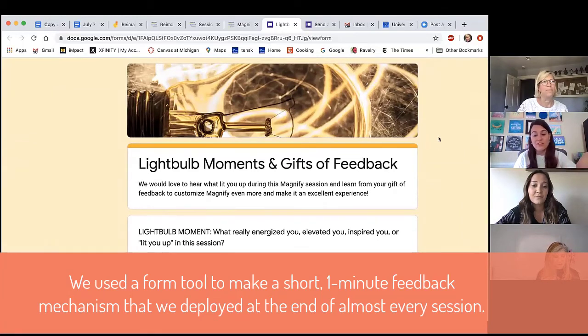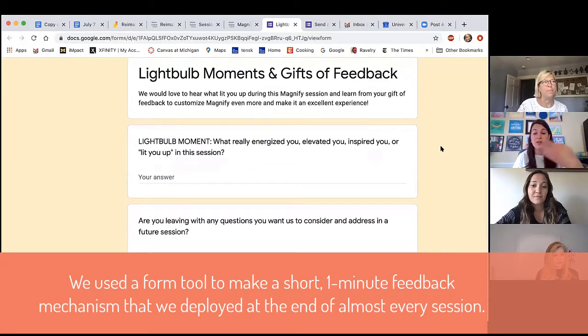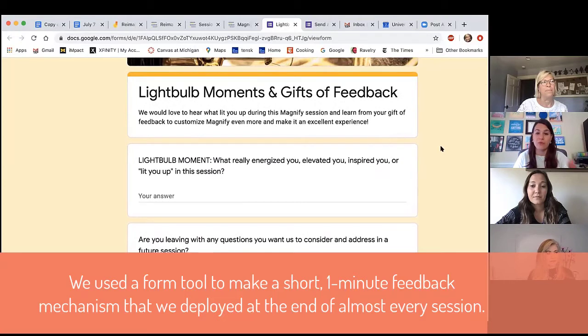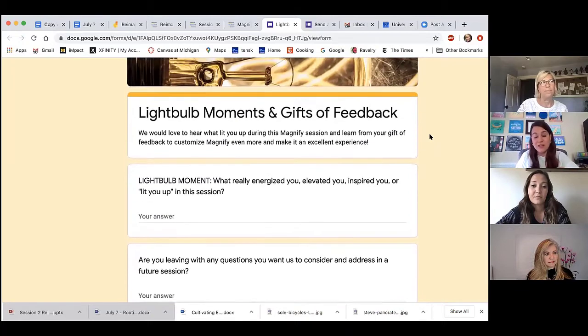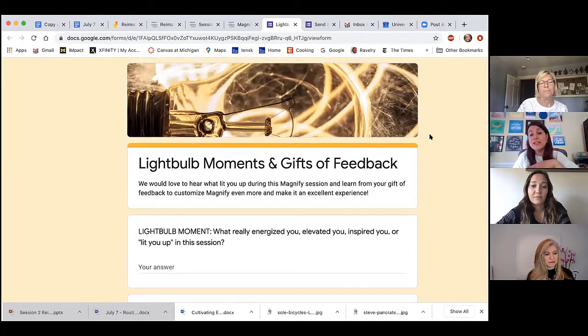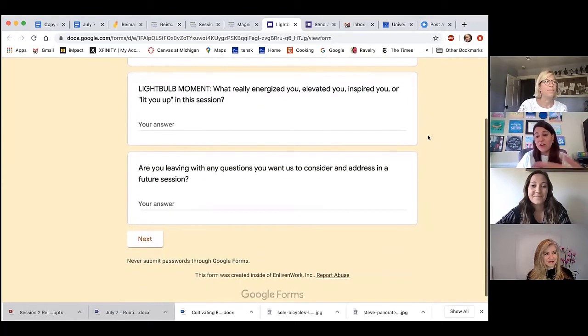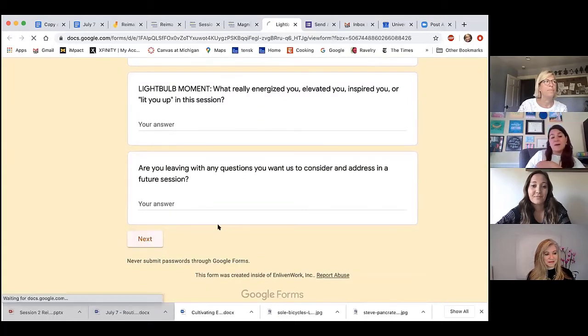So light bulb moments are this opportunity to let us know what to keep, let us know what's really resonating with the students, and helping us adjust. So even from day to day, we can get a little bit better and help make the classroom actually look and feel the way that's most useful to the students. And this tool also has the opportunity for us to strength spot any guest teachers that came to visit, and also helps us,